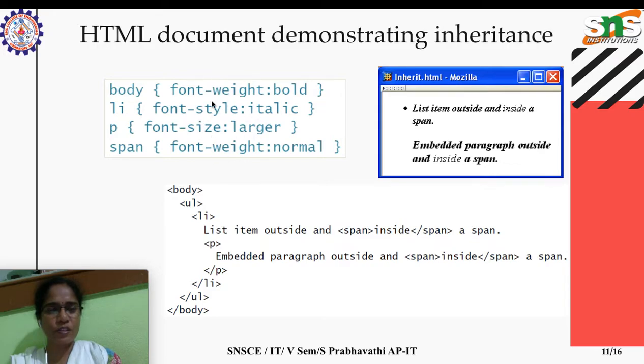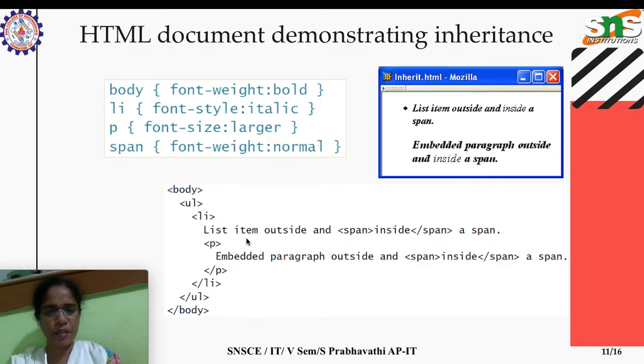So which style will be applied in this HTML document? We need to look into the inheritance. Let's go deeper. The paragraph is the innermost, then comes the list item, or else we will go from top to bottom.